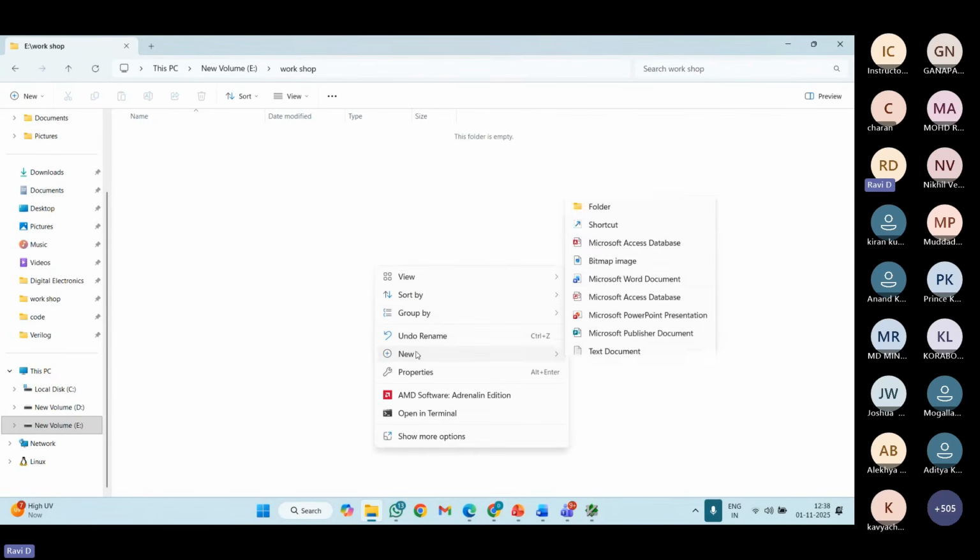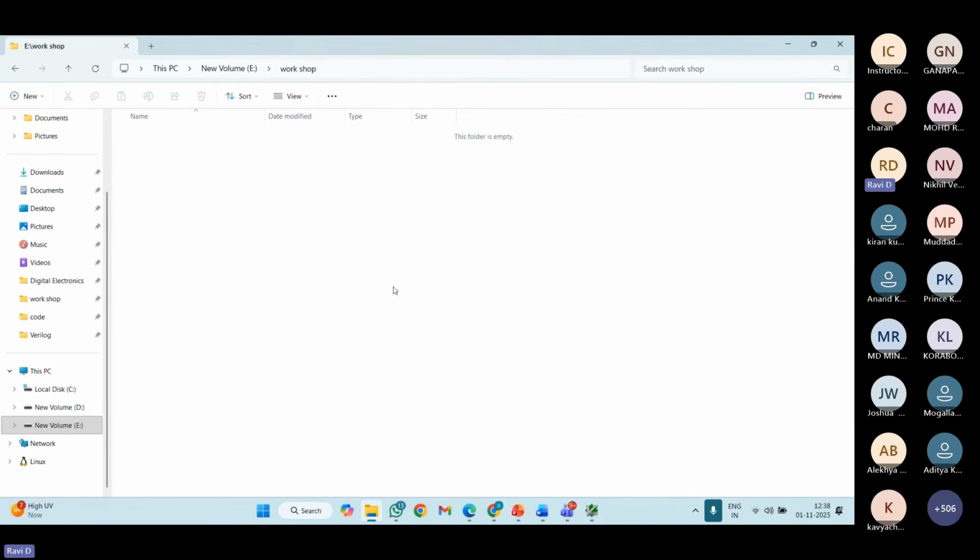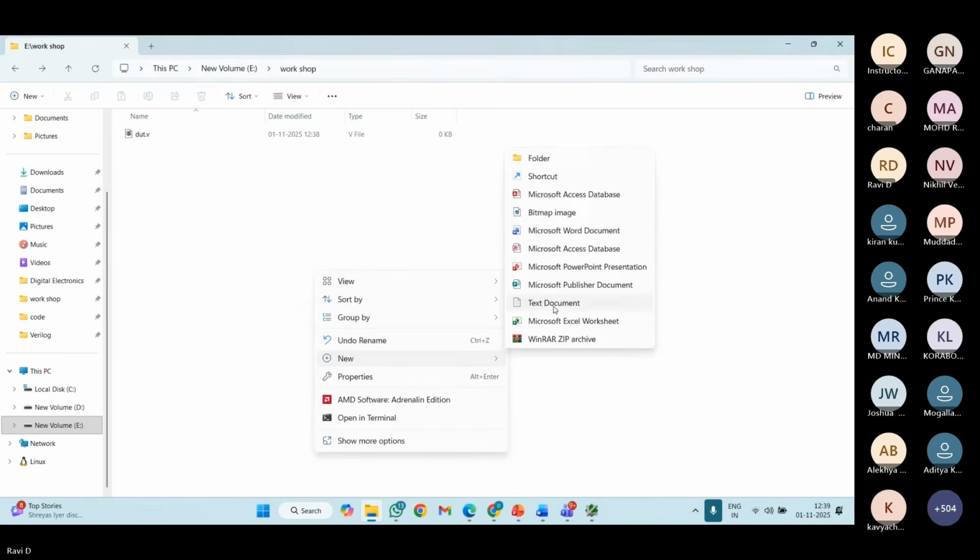Here I'm going to create two txt files: one file to design and one file to test it.